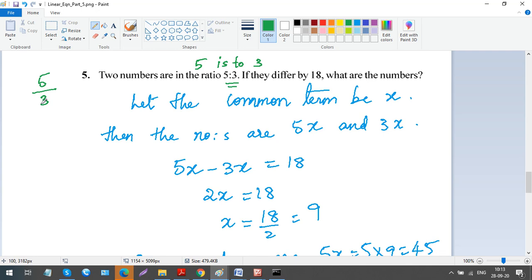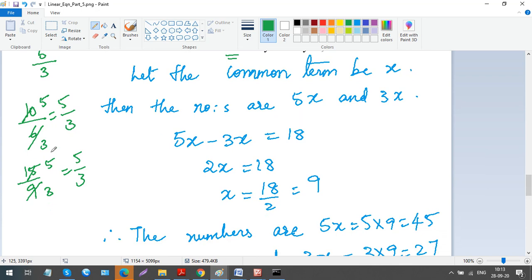That means the number could be anything. After simplification, you have got 5 over 3. For example, let me say I got 10 over 6. If the numbers were 10 and 6, you can say that if you simplify it, 2 fives are 10, 2 threes are 6. So you are getting 5 over 3, right? So it could have been 10 and 6, or it could be 15 and 9. 3 times 5 is 15, 3 times 3 is 9. You are getting 5 over 3, right? So for so many numbers you will be getting 5 over 3. There is something which is getting cancelled. After cancelling that, you are getting 5 over 3.